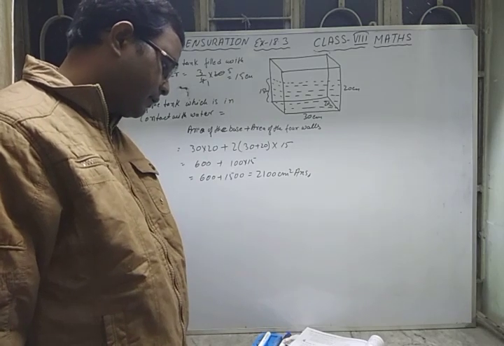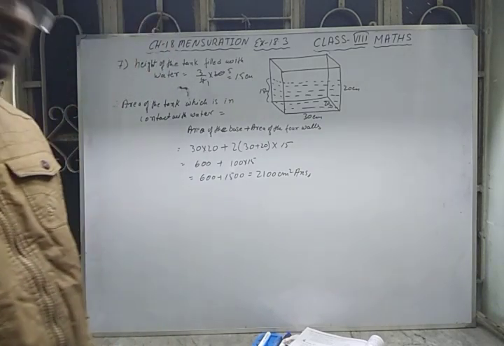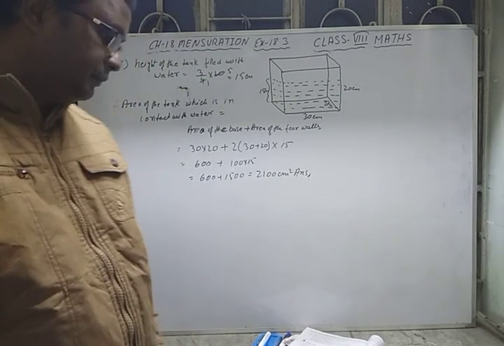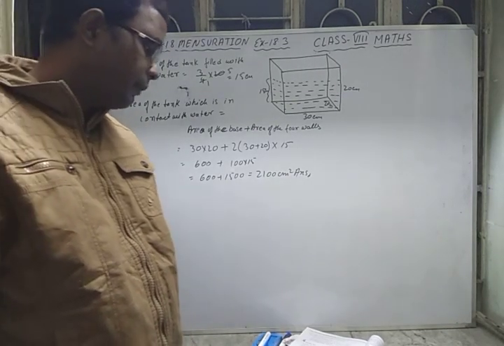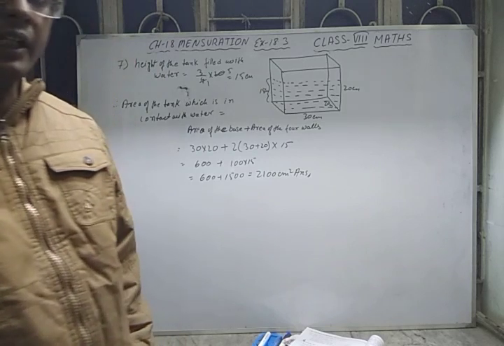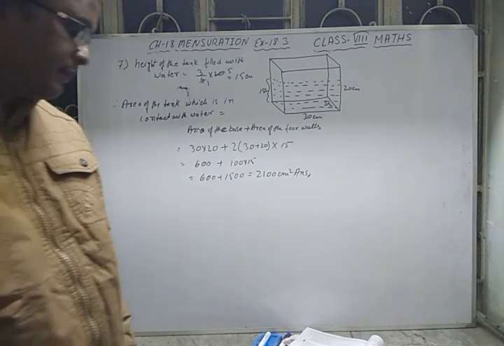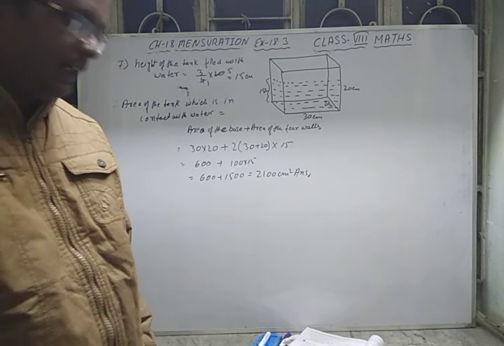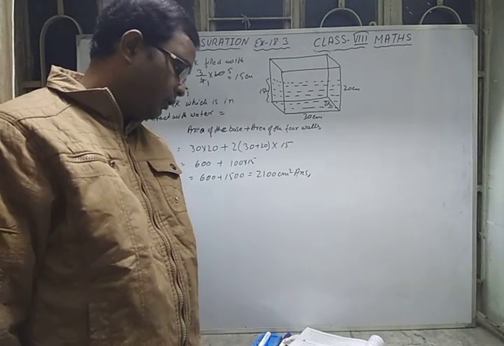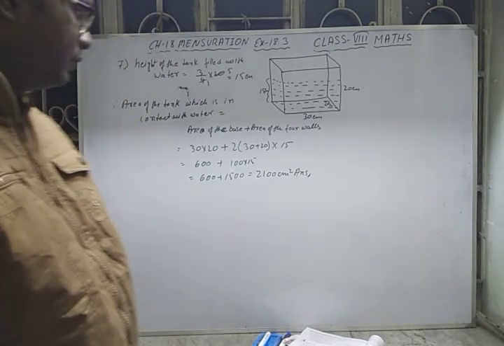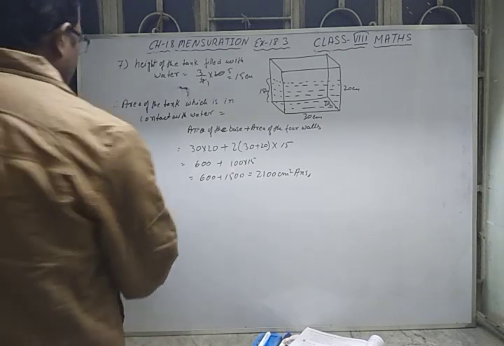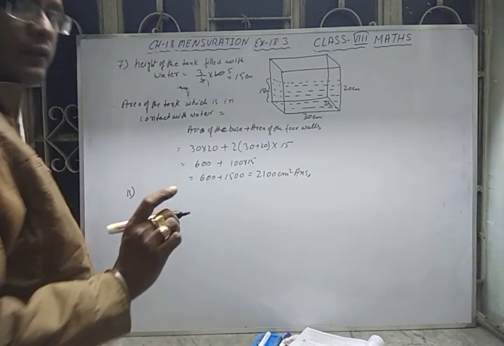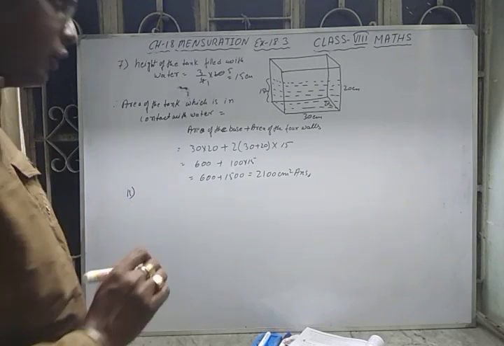That means a cuboidal box is a solid in shape whose length, breadth, height are given. When you melt it, it is made into some small cubes of 4 centimeter side. Now you have to find the number of cubes. So how will you find it? See question number 11. First of all you have to find the volume of the cuboid.